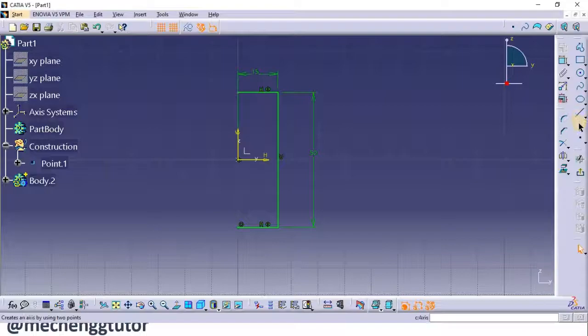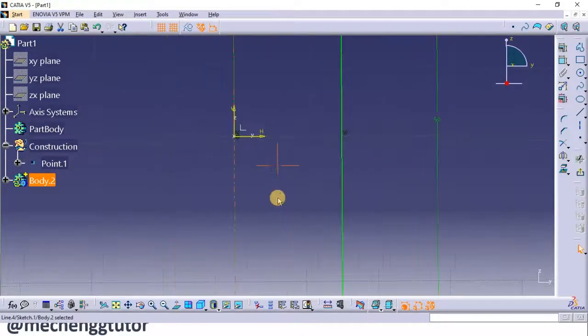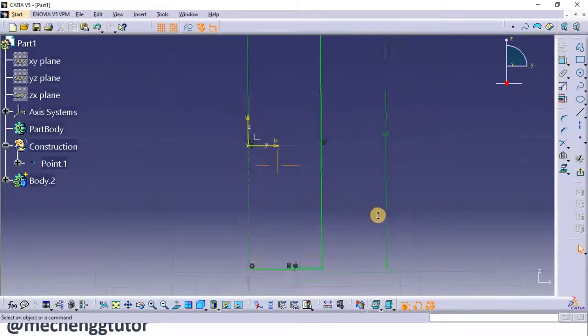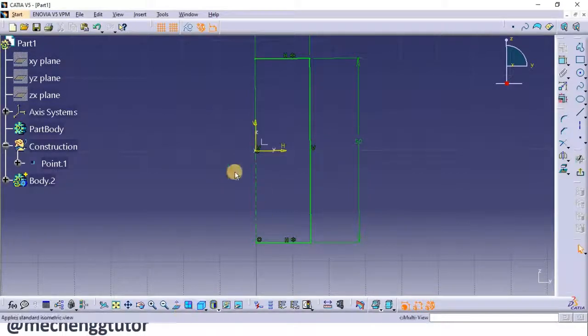So if you see here, this is the command for the axis line which is below the line command. So this is the new command you are learning in the Sketcher workbench, and this axis line is used only when you are planning to make use of either the shaft or groove command with respect to the sketch. So you select the end points of this sketch which are constrained and you draw that axis line, and by default if you see this line, it is a dashed line or it is the axis line representation. I just zoom in so you can clearly see it is a line with a long and short dash. This is what we use in the engineering drawing, so it is a standard.